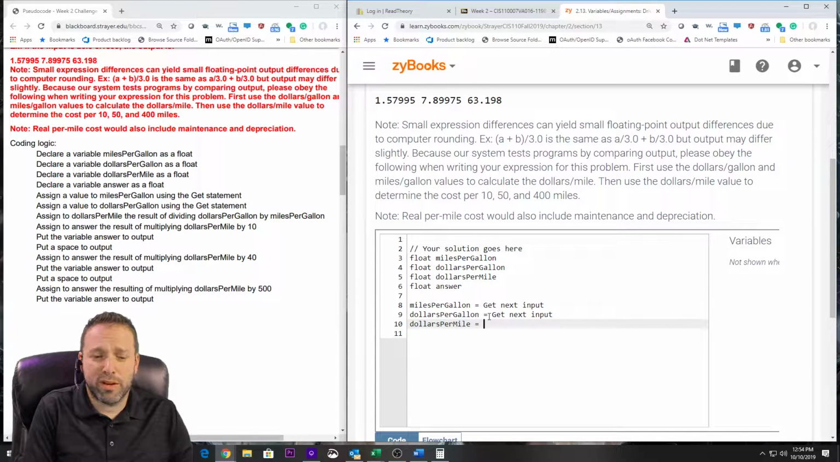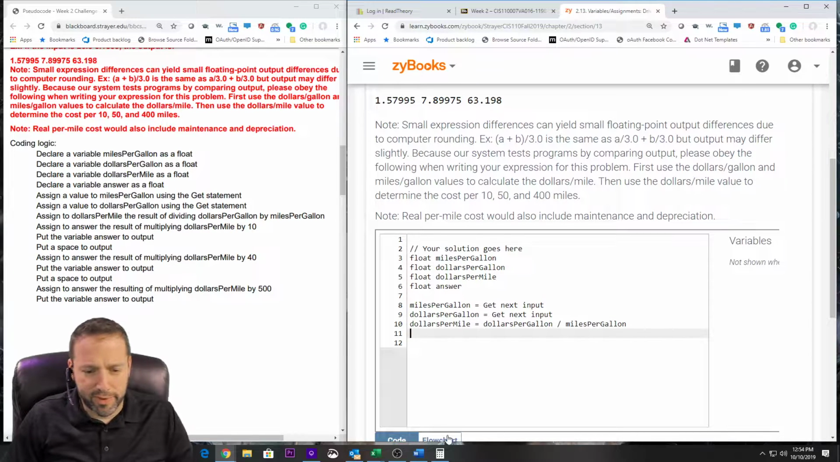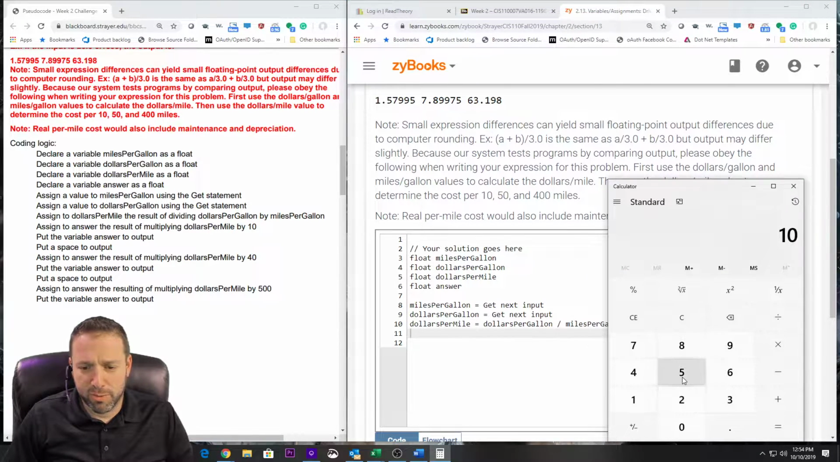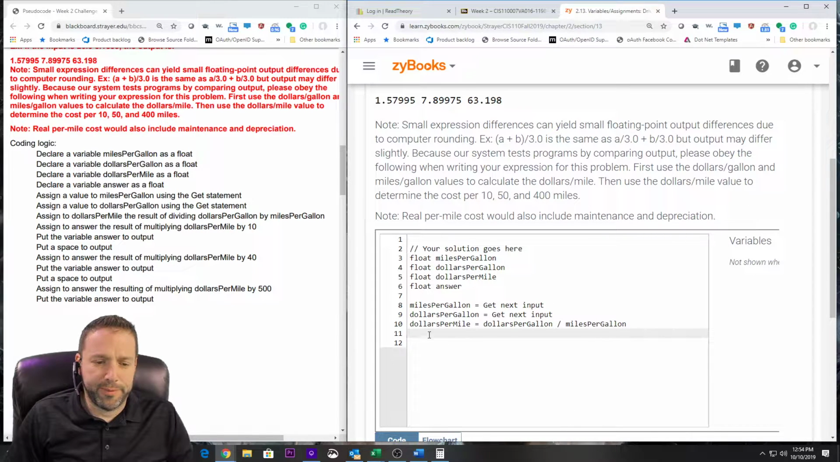Now this is where we're going to do what we did on the calculator. So if you remember, dollars per mile, all it was the price per gallon. So dollars per gallon divided by miles per gallon. And so if we want to verify that real quick, we could say dollars per gallon was 3 divided by miles per gallon was 30, and that's how we got to 10 cents a mile. Okay,